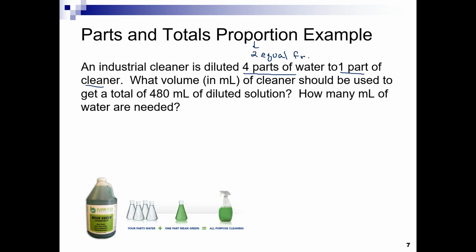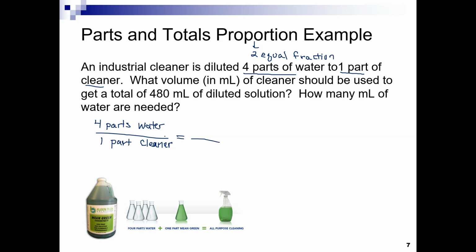And so I am initially thinking that I should put 4 parts water over 1 part cleaner from that first sentence, because this gives the information in that first sentence as a fraction. And then the idea of a proportion is to put an equal sign and to put similar concepts in the